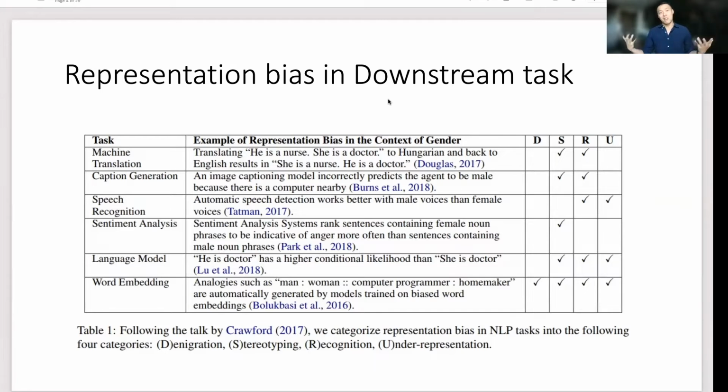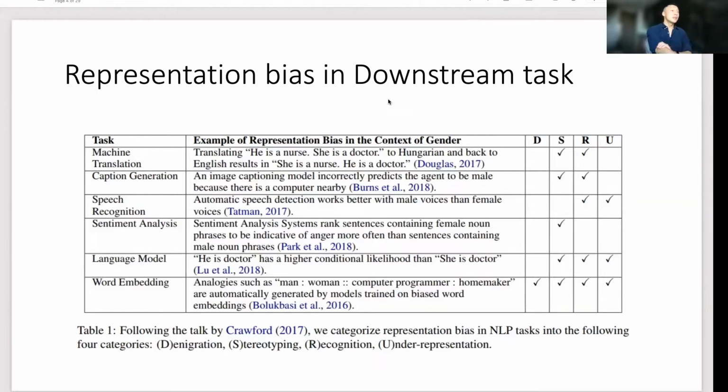Since it cannot rely on other cues, they're more likely to classify that person as a male, because computers are usually associated with male. Then it already feels weird saying that out loud, actually. So that's also the same problem, right? It's stereotyping that people close to computers are most likely stereotypically male. And that's also a recognition error, because the machine makes an honest error, it makes a wrong prediction, right?